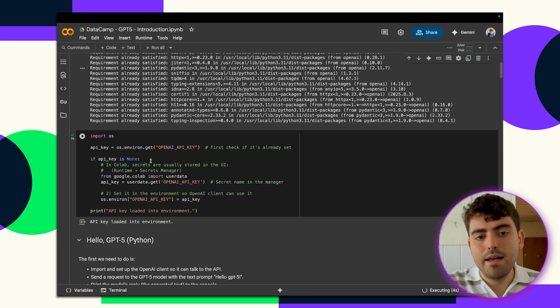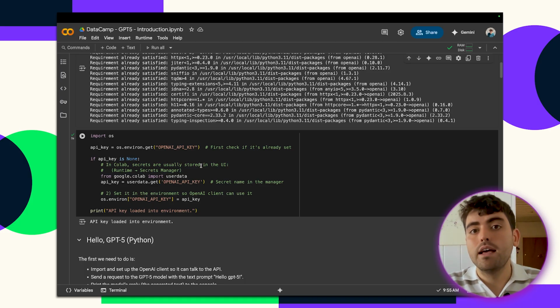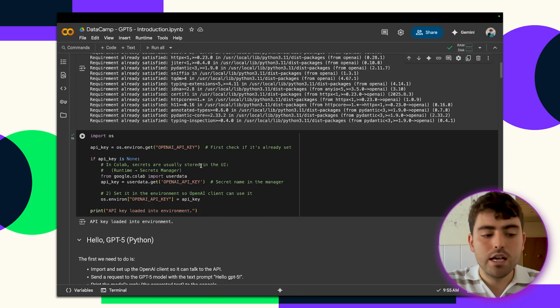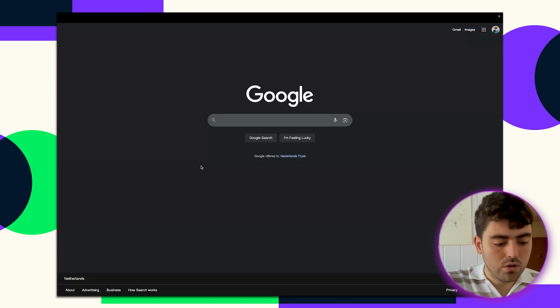And the next step is loading into my system the OpenAI API key. For those of you who are wondering, the main idea is I just want to consume a model that is under OpenAI, so I need to use the library, but in order to execute or consume this model, I need to authenticate myself. We already saw that generating call requests to these models has a cost associated to it. So in order to pay it, and in order for OpenAI to know who's using the models, we need a token. To do so, we're just going to go to Google and search for